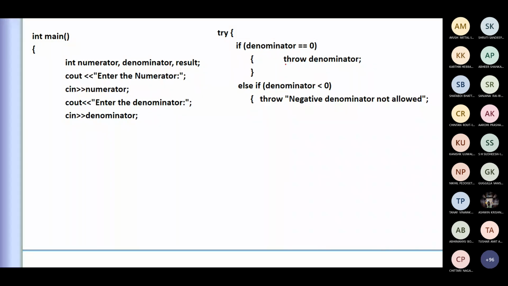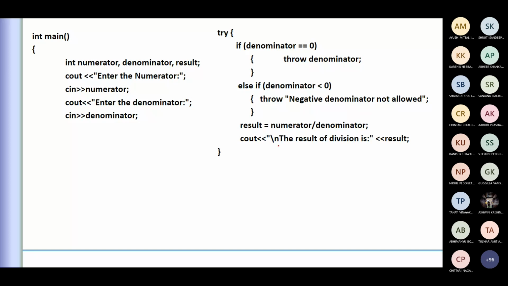Throw is a keyword, and here it is followed by the denominator. Denominator is nothing but whatever is entered here, right? So it is an integer. Here it is a string. We'll see how it will be handled. Remember that, observe that. Now in this case, say for example, if you see this if condition, but there is no error, denominator is greater than 0, then normal operation will happen here. It will not go to any throw condition, or to any of your error handling. So it will display the result, the division.